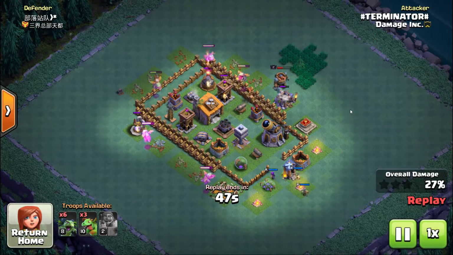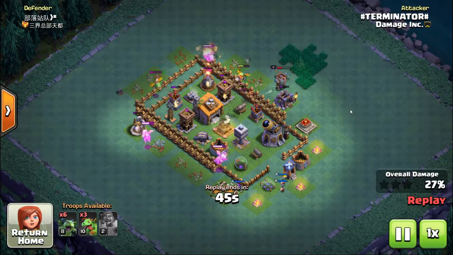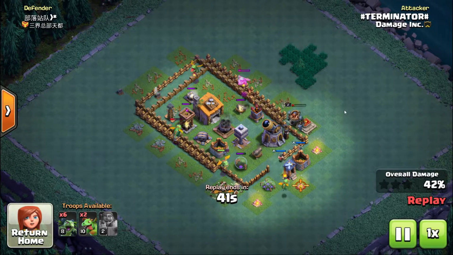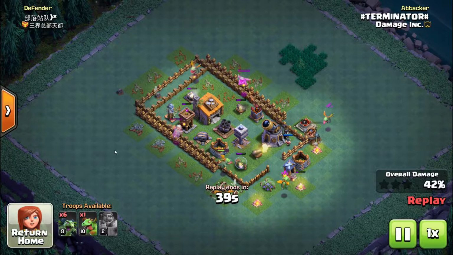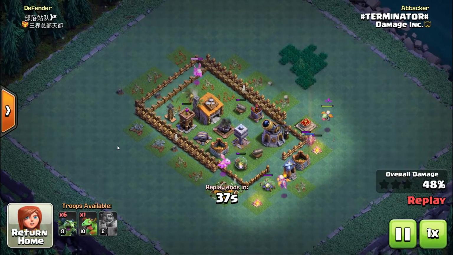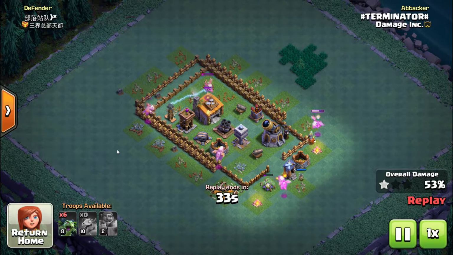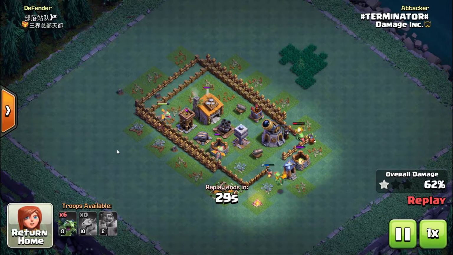Alright, so here we go. Look at this, a square inside a square. This is actually Terminator. Terminator is visiting the clan. He was the former clan leader of another elite clan, and at this point right now he is just a traveling Terminator. One of the great players, one of the great guys in the game,